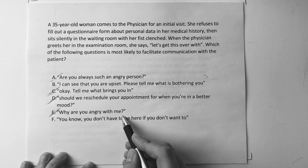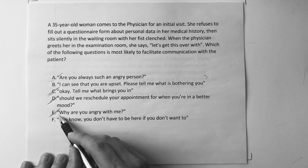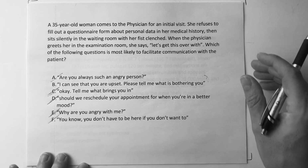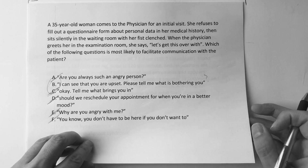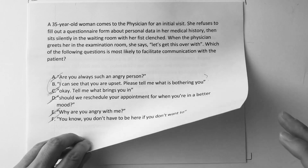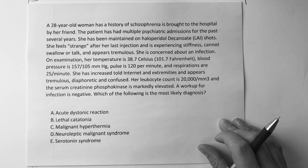Nope, you got to acknowledge that. She's angry at the staff. "You don't have to be here if you don't want to." Again, you might feel that way at some point, but it's not what you're going to say. The correct answer is, "I can see that you're upset. Please tell me what's bothering you." Open up that line of communication, kind of acknowledge that you can tell that they're all not in a good